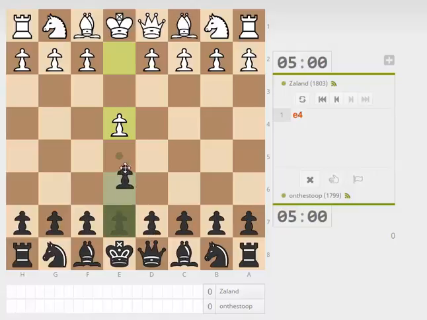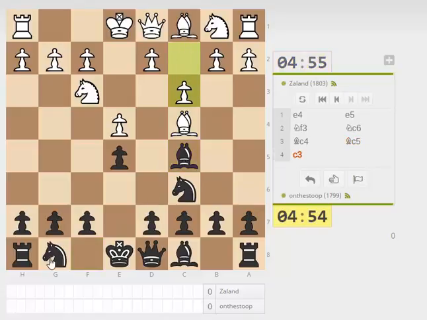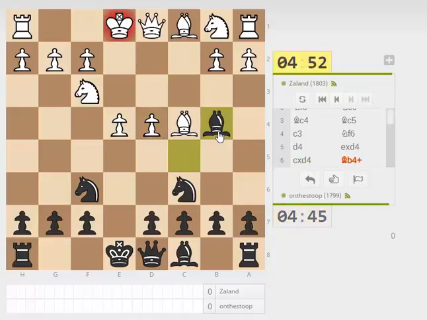Alright, so what do we get? We get a Giuoco Piano with a quick d4. I have to be honest and say that I don't know this line. So I guess bishop e4 check and bishop